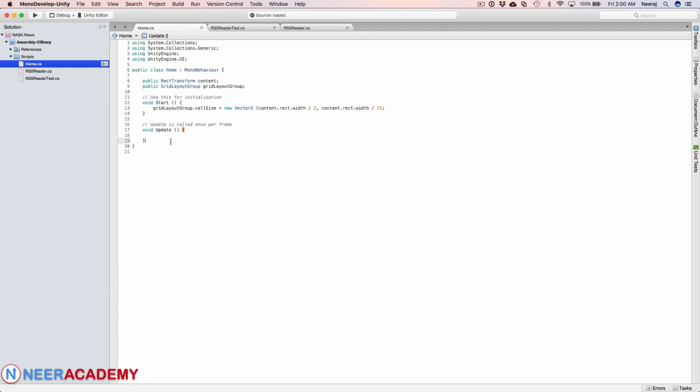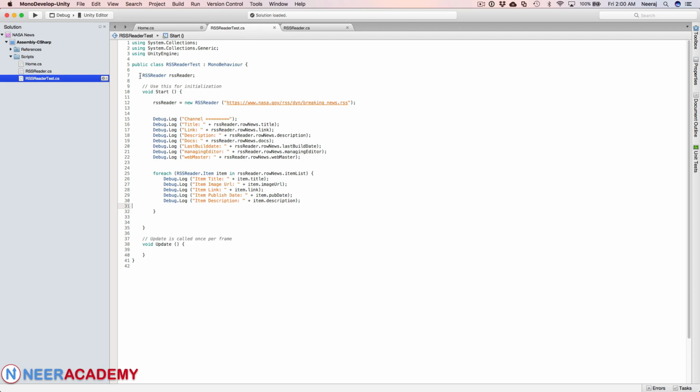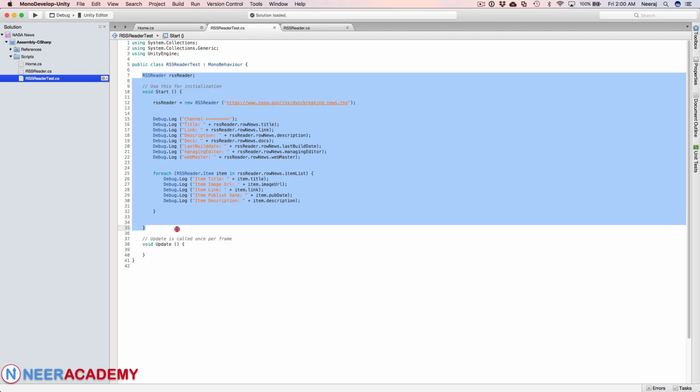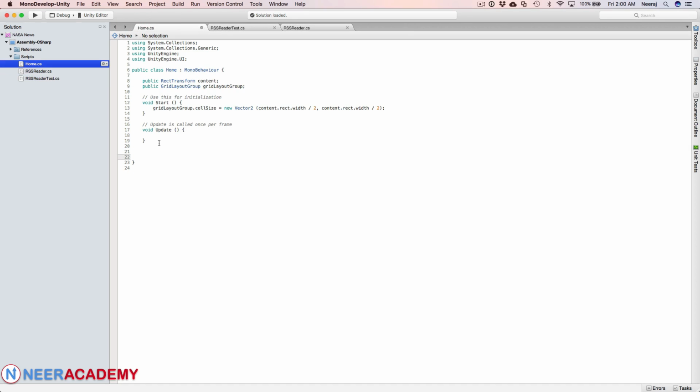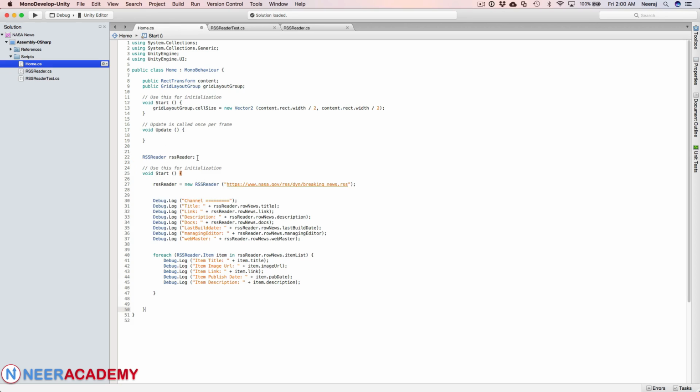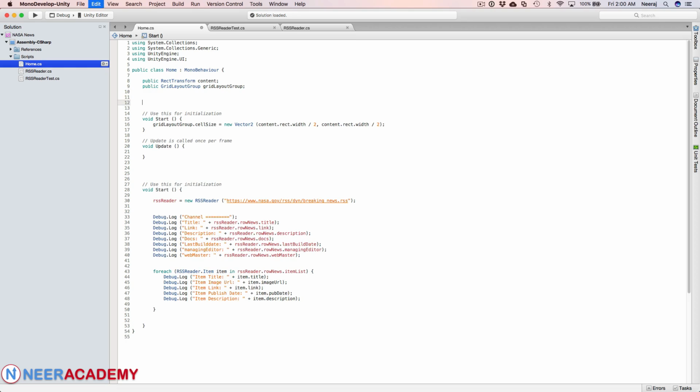So the first thing which I need to do is read the feed. So I'll just copy whatever I did here. This was the test that we did to read the feed. I'm just going to paste it here because most of the work here has been done reading the feed. The next thing, I'll just name this as load feed,